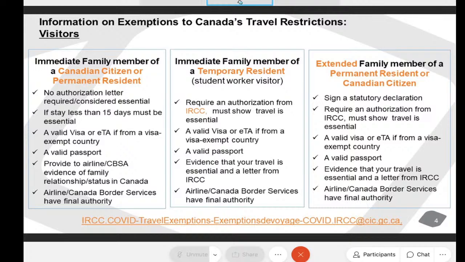Foreign nationals will be eligible to travel to Canada and will not need to demonstrate that they are entering for a purpose that is non-optional or non-discretionary, as long as they are staying in the country for 15 days or more. Provide IRCC with the required documentation, including a completed and signed statutory declaration, to show that they